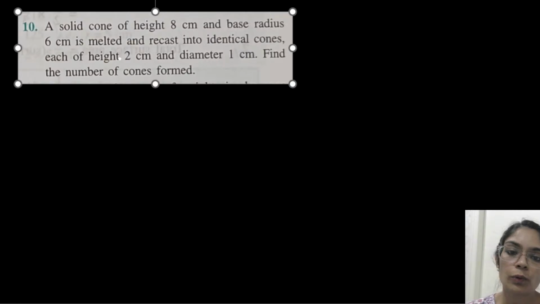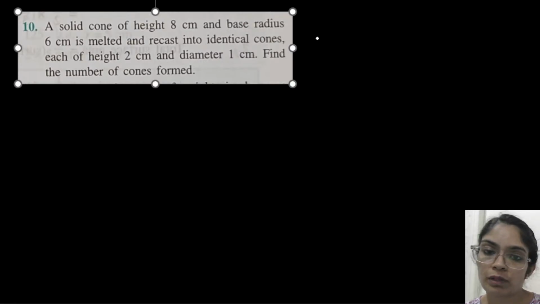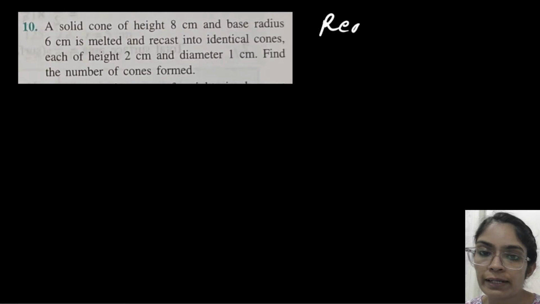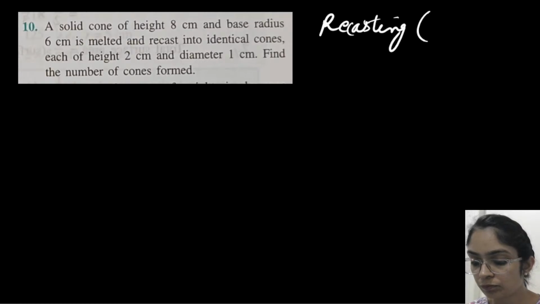In the next question, what is given to us and what we have to find. A solid cone of height and base radius is melted and it is recasted into identical cones. So one solid cone is there. First of all, I told you whenever recasting is there, which concept do we have to use? If we have recasting involved, we have to